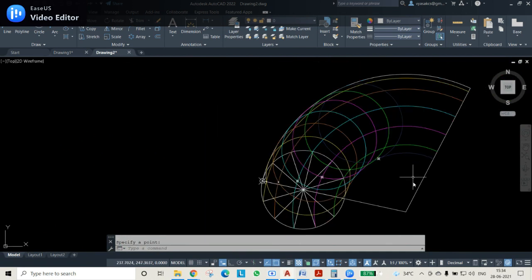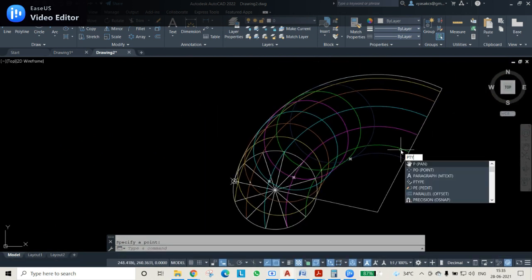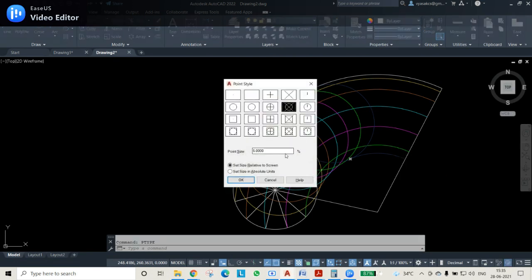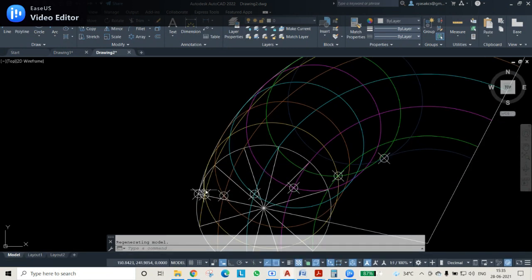So you can see this is all applied. If the point sizes are not coming correctly, we can go for P type and press enter, and use separate. Once again, we can press OK so that all points are highlighted separately. Now select all these points obtained: 1, 2, 3, 4, 5.